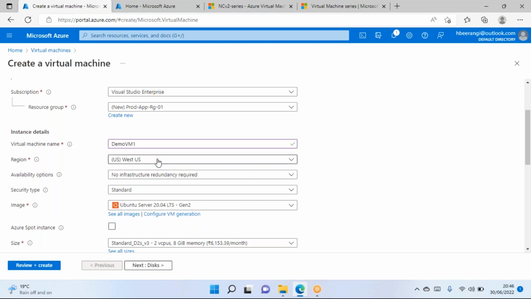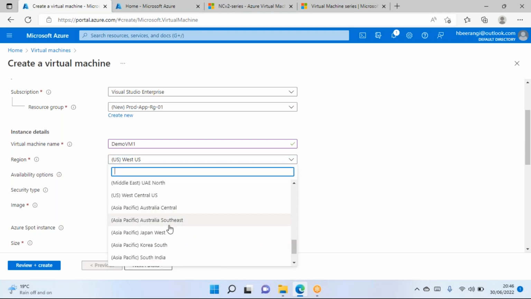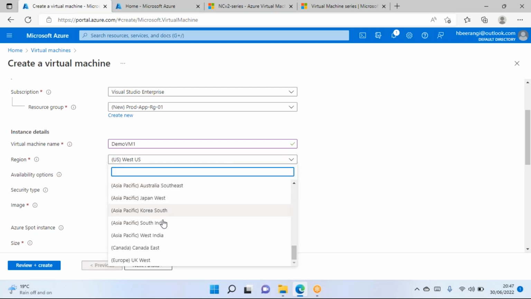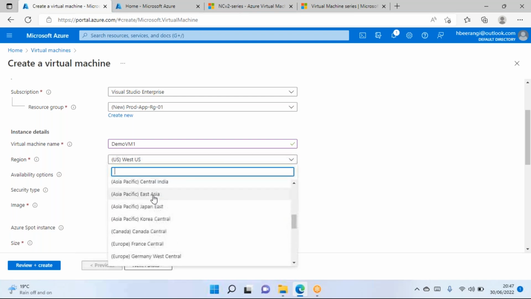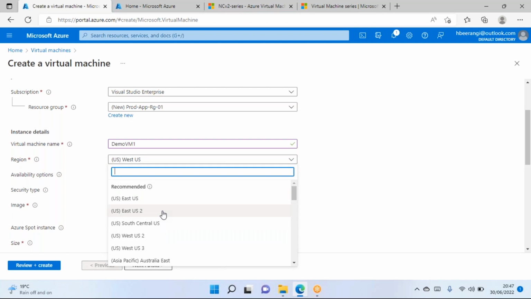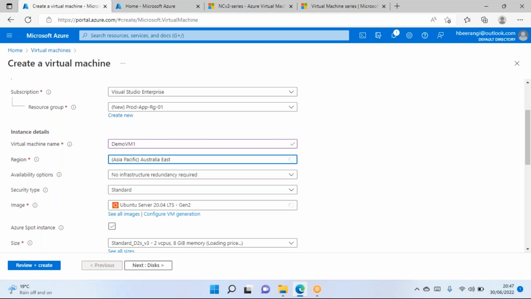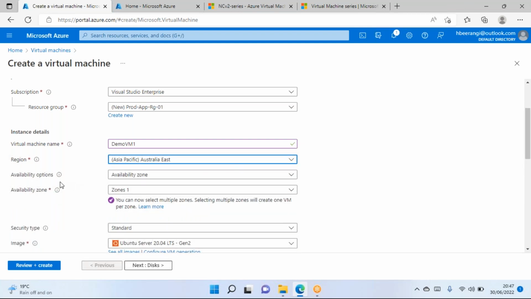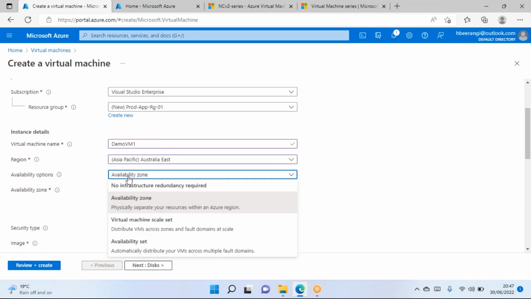Okay, location. This all depends on your organization and the client, where they want to deploy. If the client is from Australia, they look for Australia data centers. If a client is from India, then they look for an Indian data center. All the data centers are here. You can choose whatever you want as usual. Okay, let's choose Australia East, and for now skip this option,